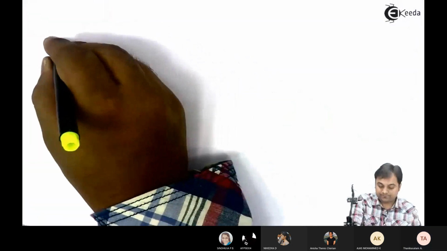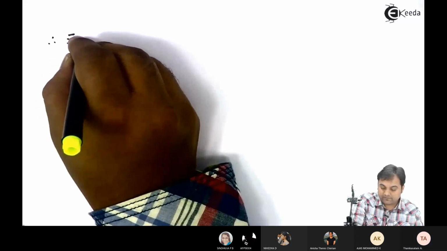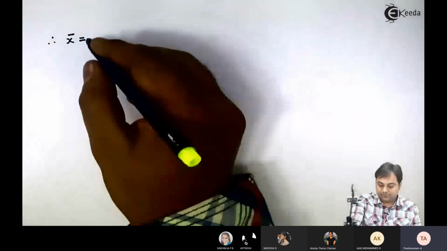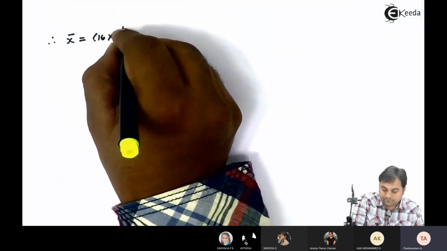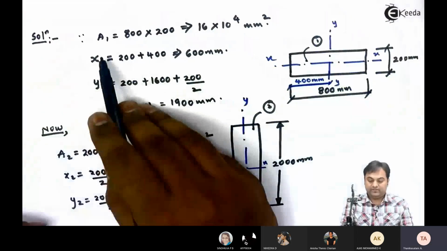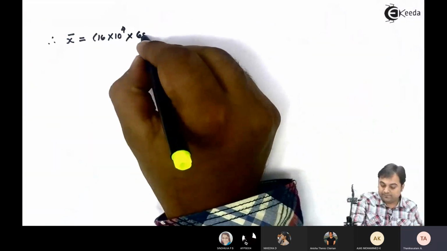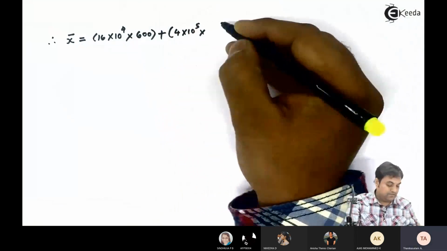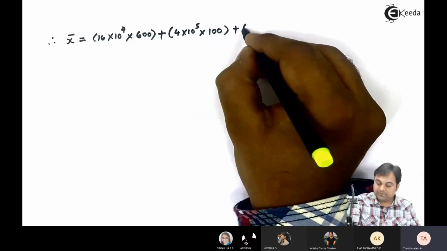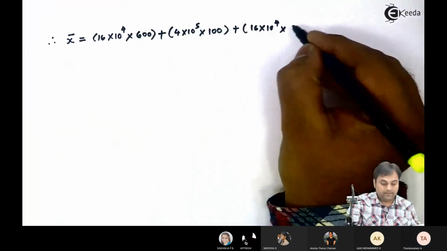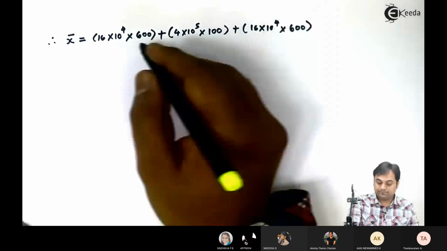So therefore, x bar will be equal to a1, the value is 16 into 10 raised to 4, into x1, it is a1 x1, so x1 is 600, plus a2 x2, a2 is 4 into 10 raised to 5, x2 is 100, plus a3 x3, a3 is 16 into 10 raised to 4, x3 is 600, divided by